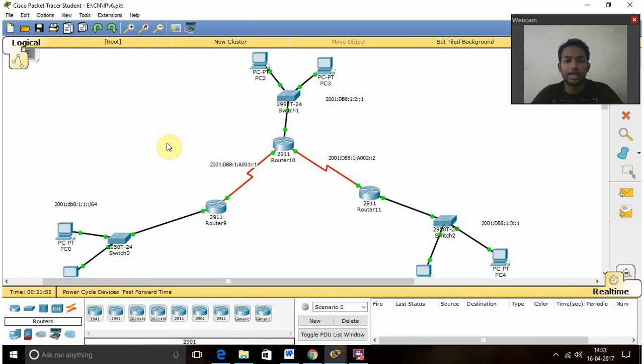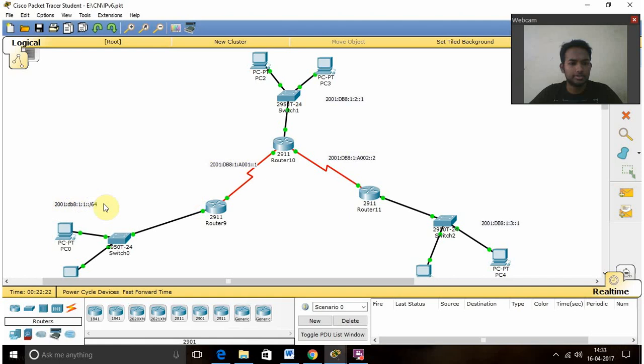But in IPv6, that is Internet Protocol version 6, the advantage we have is that it is 128 bits and it is divided into hex states. So many more IP addresses can be assigned in IP version 6 if we use this protocol. So what we are going to do is understand this experiment.